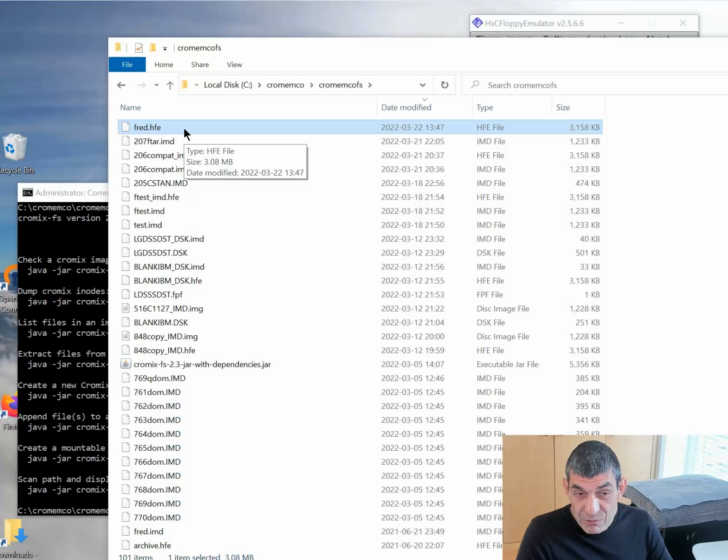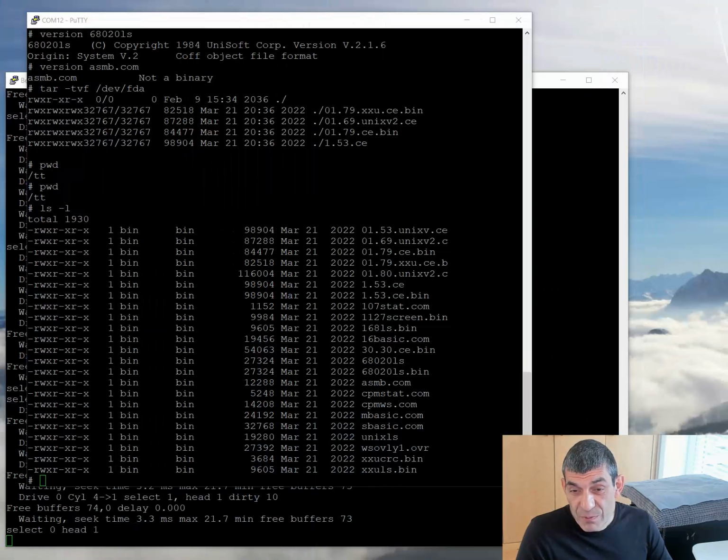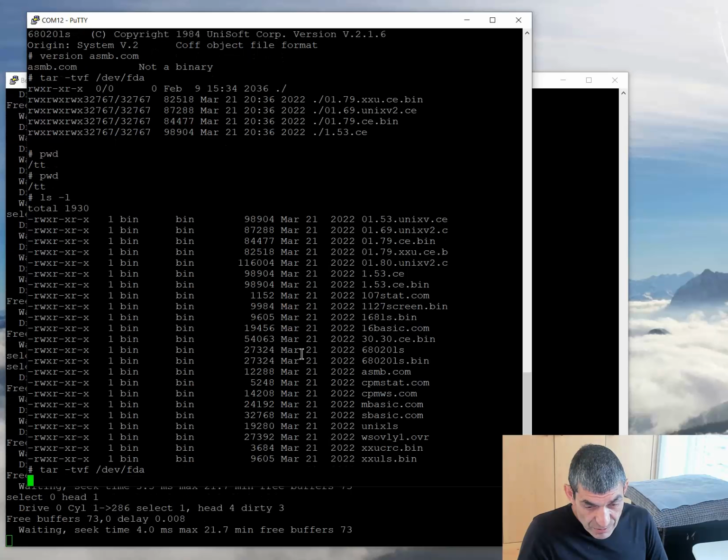I found out I couldn't write in uniform format. I had to tar the files using the tar command onto this another HFE file, which is a virtual file. Then finally reboot the system. So I'll take this away now. So reboot the system, and then there is a file plugged in and working on this Unix system which contains in tar format these files. So if I was to do a tar minus have a look verbose file or /dev/fda and then shut up,